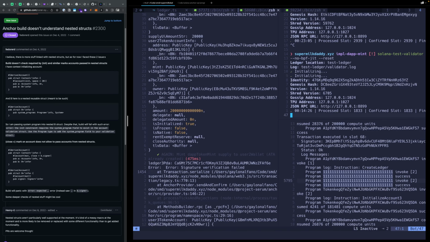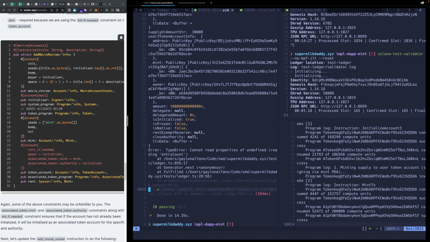So this is cool. Essentially our tests are working, but back to what I was saying, it may just make sense to redo the createLedger validation struct along with its handler function, where you just include these extra accounts, or if I keep them separate, then it looks like, based off,